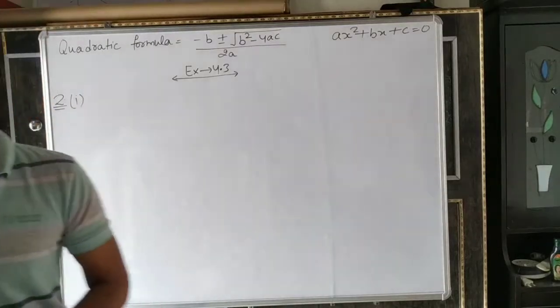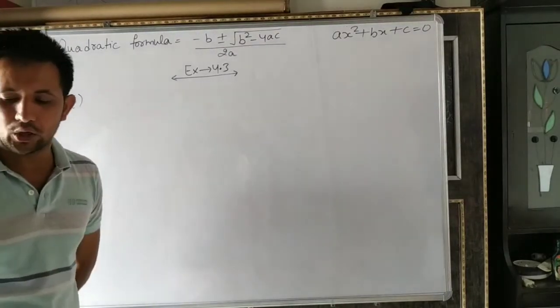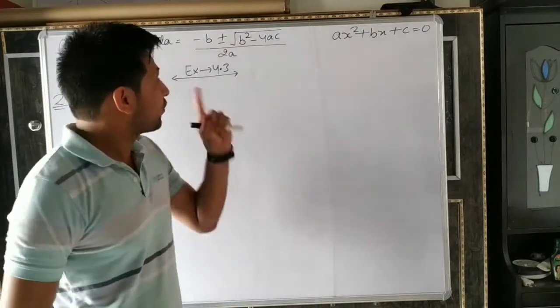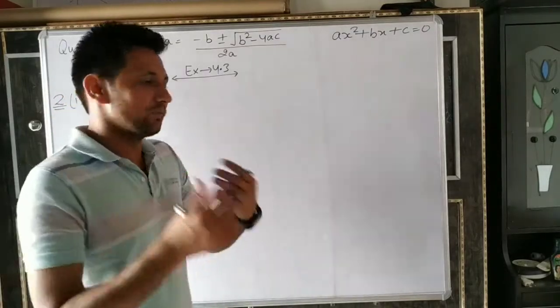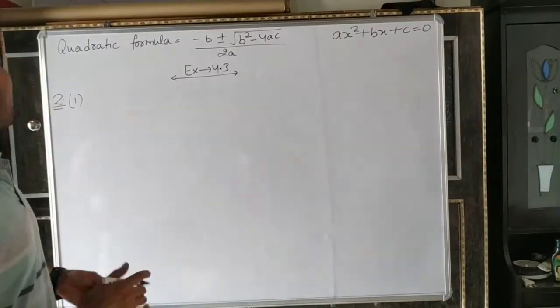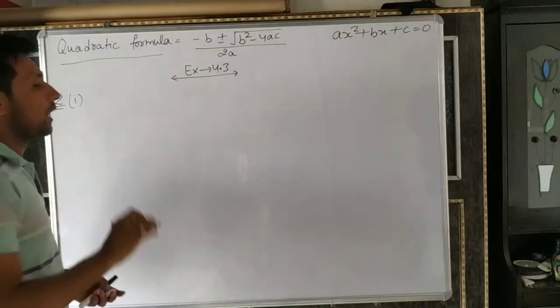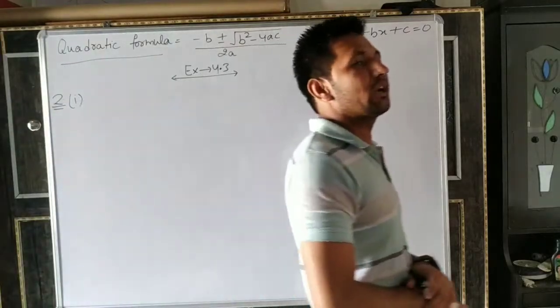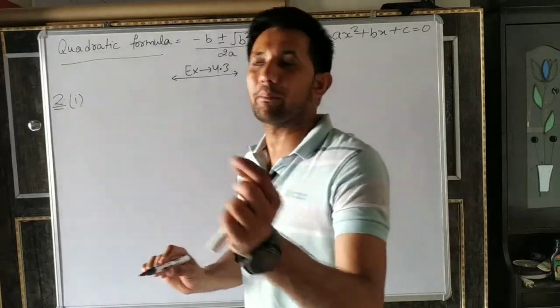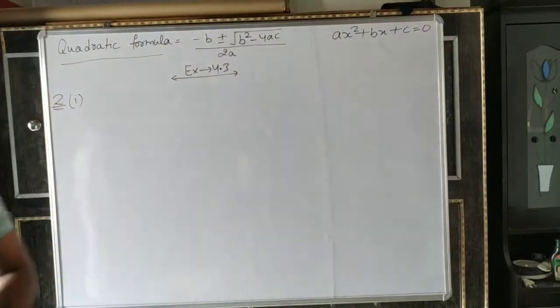What is given? Second question. Find the roots of the quadratic equation given in question 1, whatever is given in question 1, by applying the quadratic formula. Now using the quadratic formula, we have to solve all parts of question number 1. So what is given? Look at